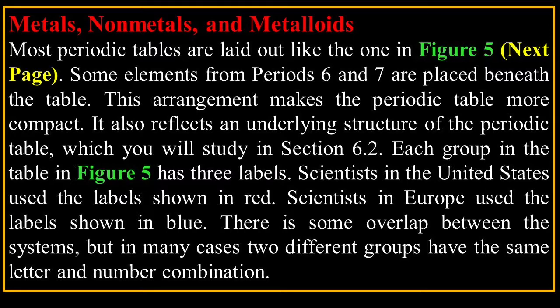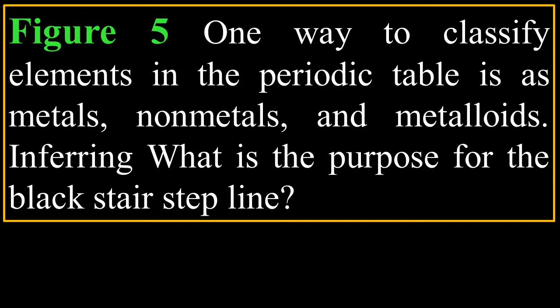Each group in the table in Figure 5 has 3 labels. Scientists in the United States use the label shown in red. Scientists in Europe use the labels shown in blue. There is some overlap between the systems, but in many cases, 2 different groups have the same letter and number combination. Figure 5, one way to classify elements in the periodic table is as metals,